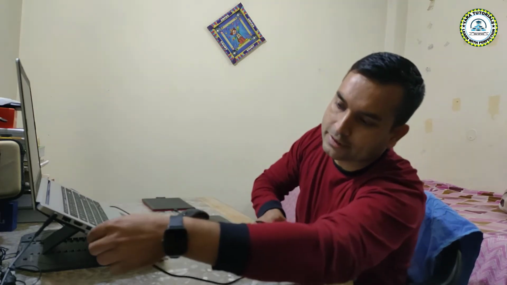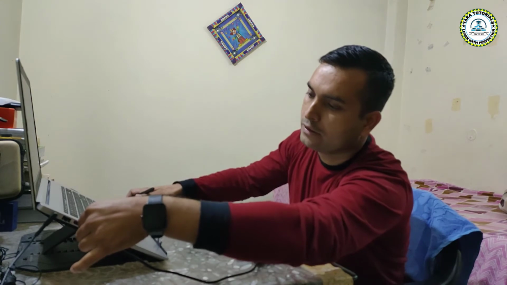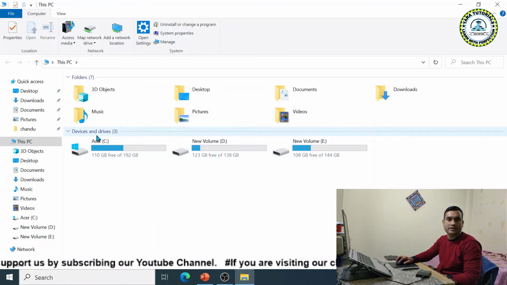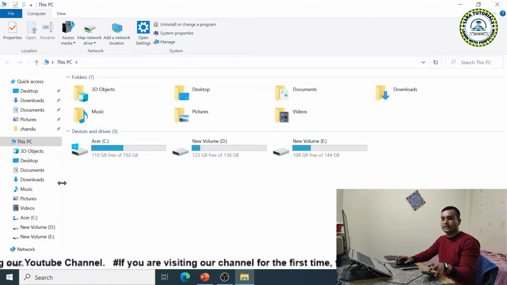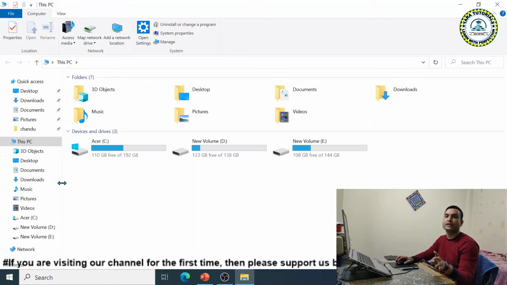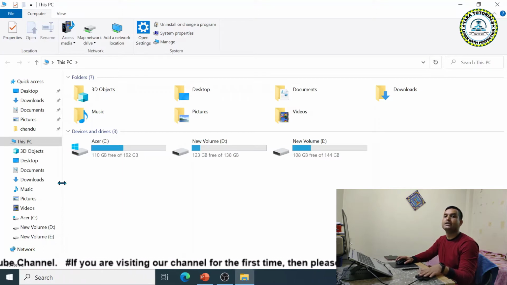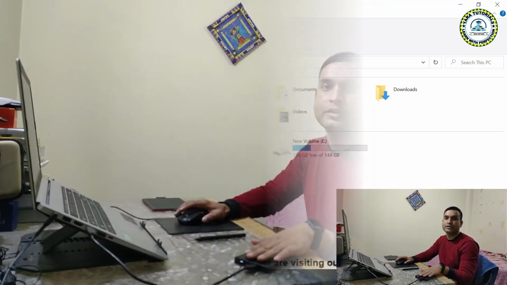When I'm opening my computer, you see these are my internal disk drives. Now this external disk drive is not showing in the list. So for me, the methods which I'm going to explain will not work. For me, a different method is going to work, using the DiskPart utility. I have to repair this drive, so that I'm going to explain in the next video.